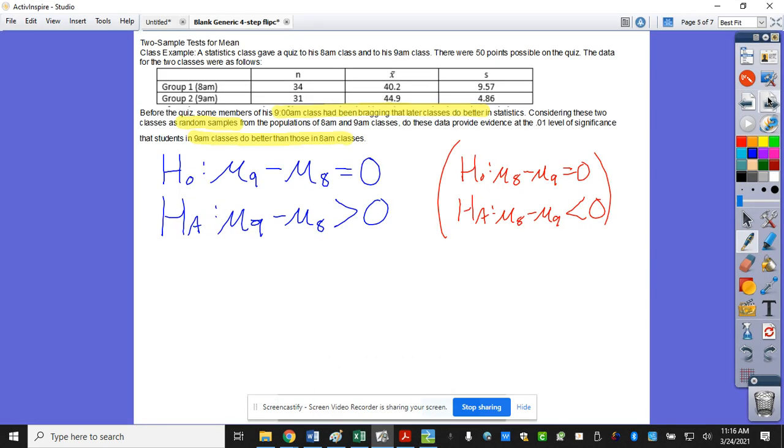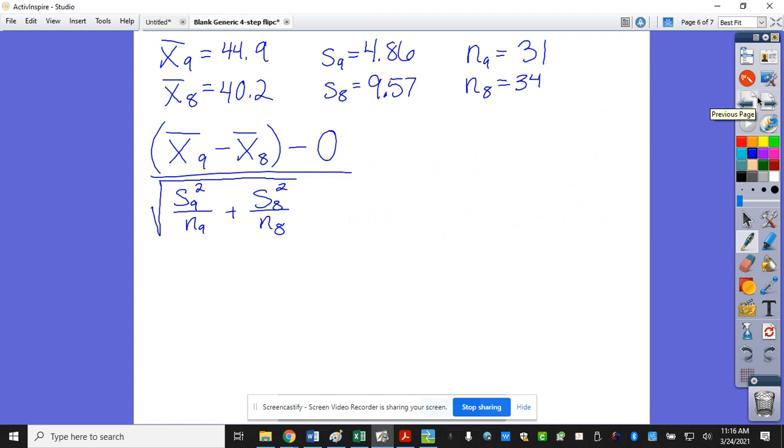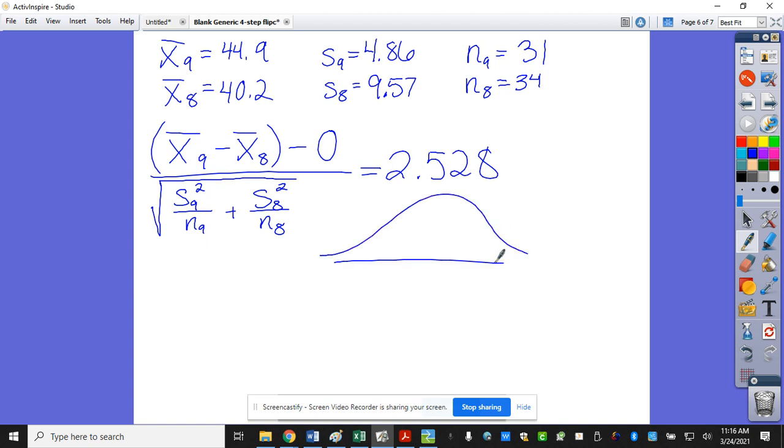So at this point here, I write that giant equation equals what? Then I do what? So I draw it, that's a positive number, so it's over here. I shade which way? Greater than, so I'm shading to the right, and I get a p-value of